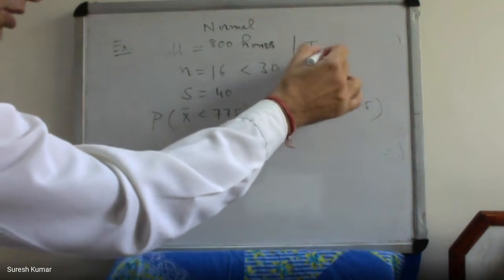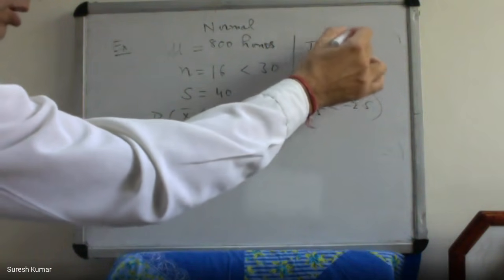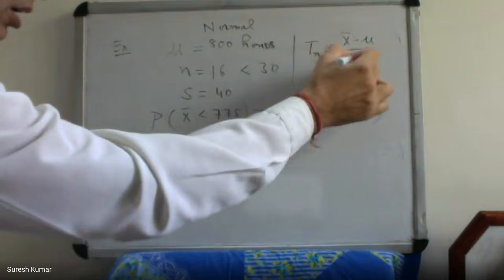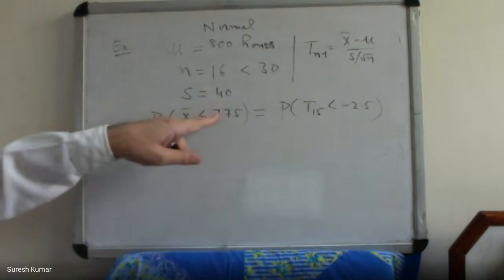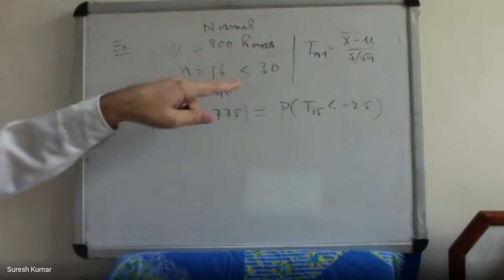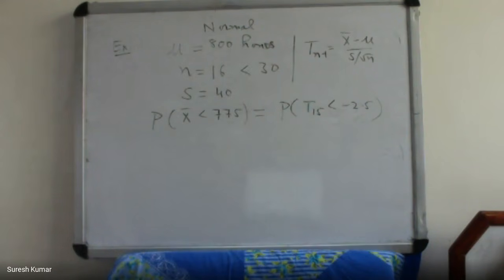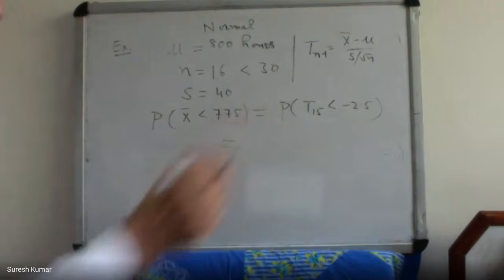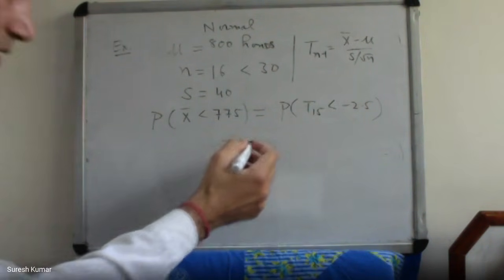T statistic with n minus 1 degrees of freedom is x bar minus mu over s over root n. So just put here x bar equal to 775, mu 800, and s as 40, with n as 16, you will get minus 2.5. Okay, this value you can see from the t distribution table, and you will find it